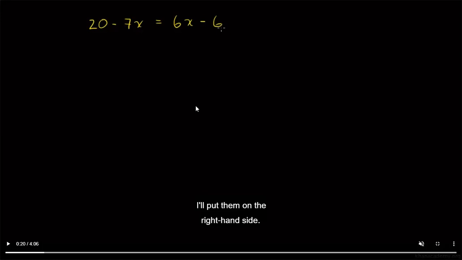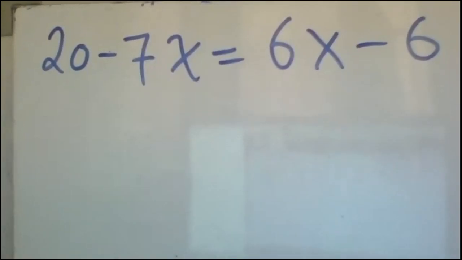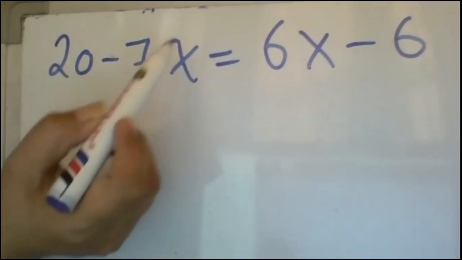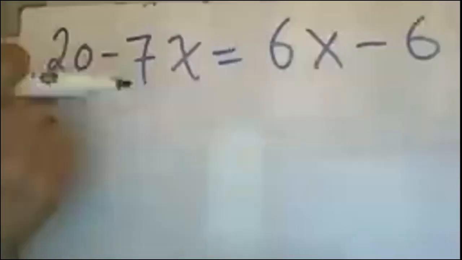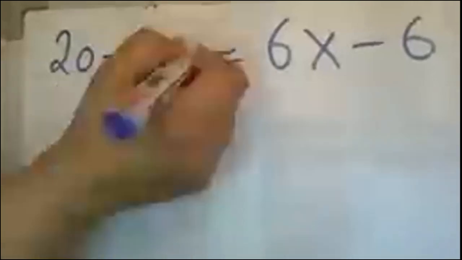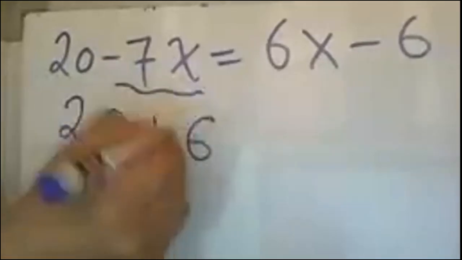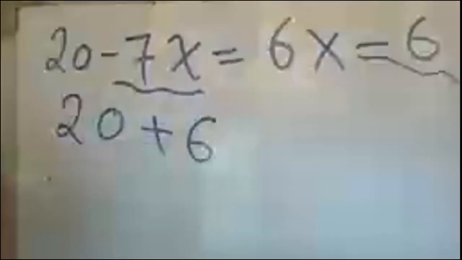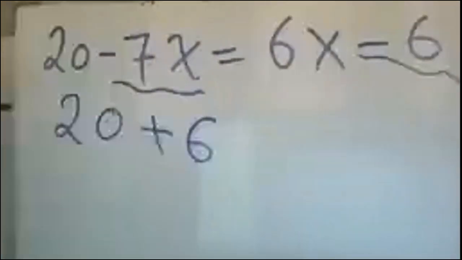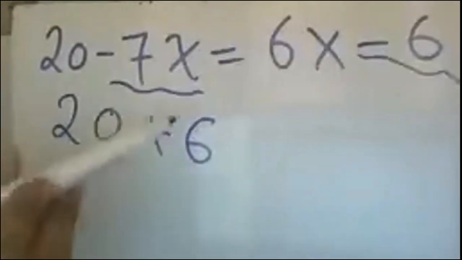Right? So the question was 20 minus 7x equal 6x minus 6. Let me explain to you something. Then 20 minus 7x equals 6x minus 6. We said that we want to transfer negative 7 to the right side. Then we said 20 plus 6. Why? Because it was negative and we will transfer it to the left side. So we have to change the sign. Then it will be 20 plus 6 equal